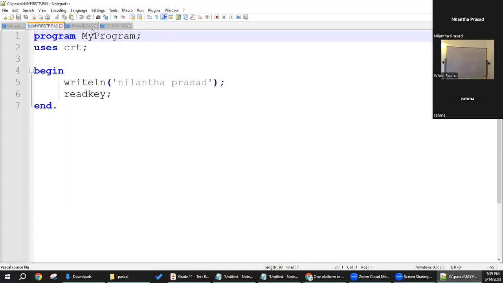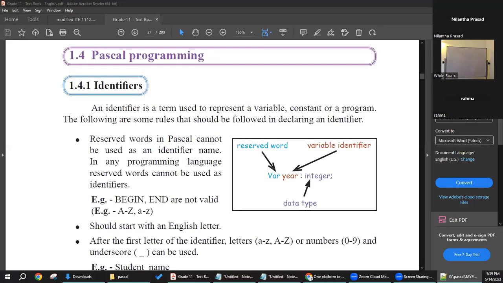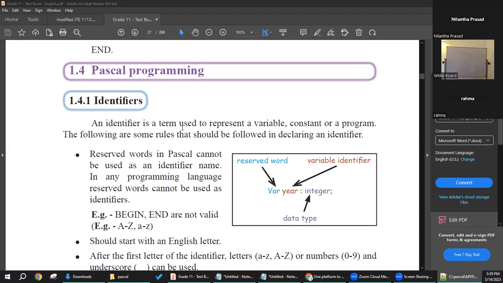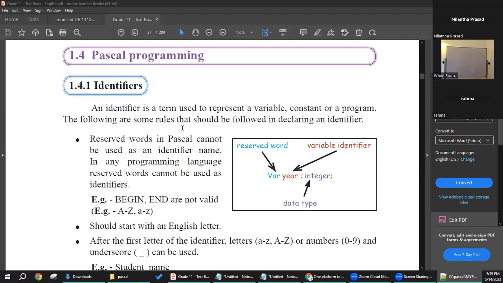We will create a Pascal program to enter or display our name. Before that, I will write a Pascal program or a pseudocode